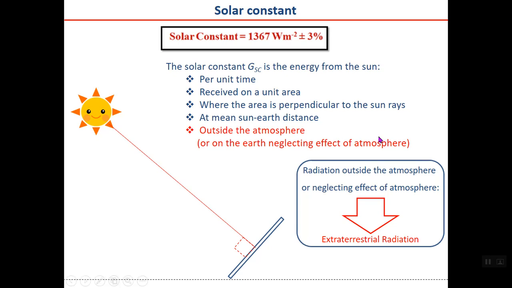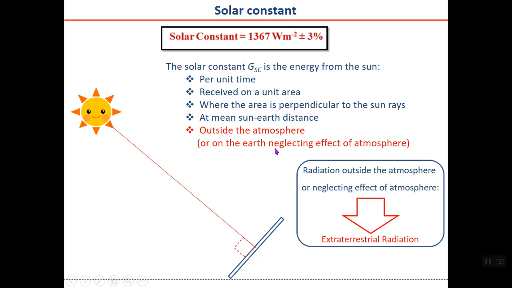The area is perpendicular to the sun rays, so we are discussing a surface which is normal to the sun rays. So GSC is on a surface which is always normal to the sun rays. And at mean sun-earth distance, because you may remember that the earth-sun distance is not constant during the year, but if you take an average value, then the value of solar radiation at this average sun-earth distance will be named the solar constant. And outside the atmosphere, so the value is not on the earth, but outside the atmosphere,